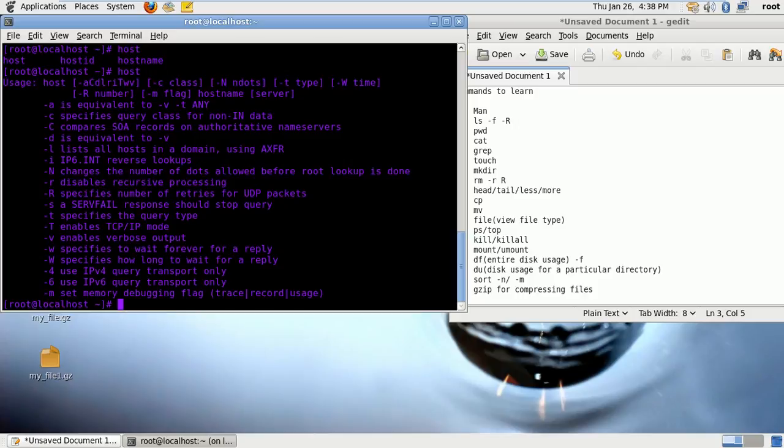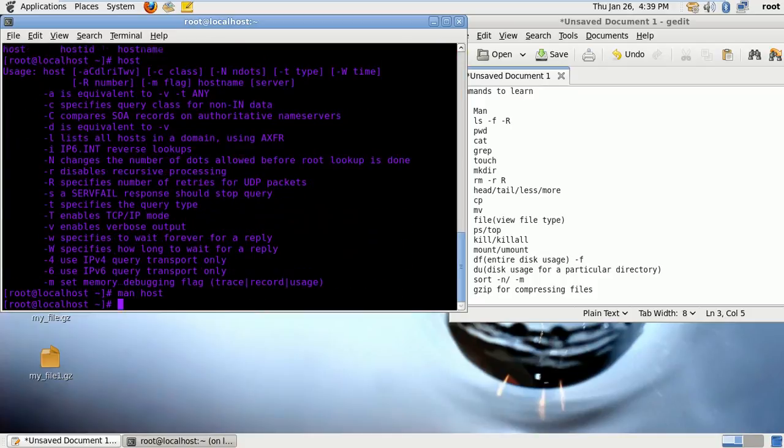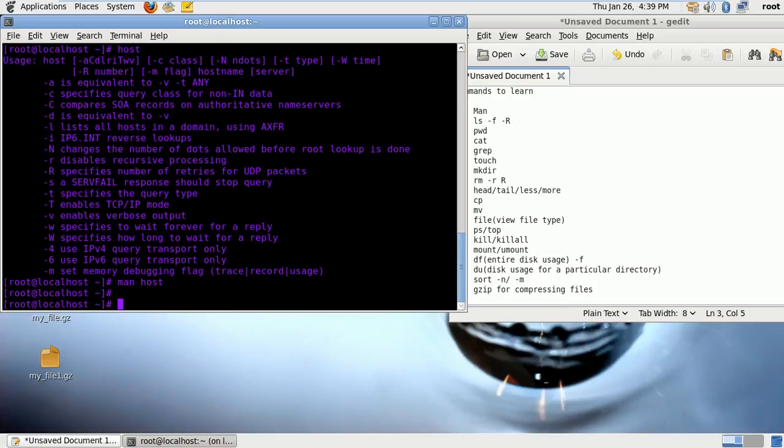Host is going to display a couple of hosts that you have on your network. Okay, so if I do man host, it's going to give me a manual to display the lookup for host. Okay, so that's what that is for. So let's move to